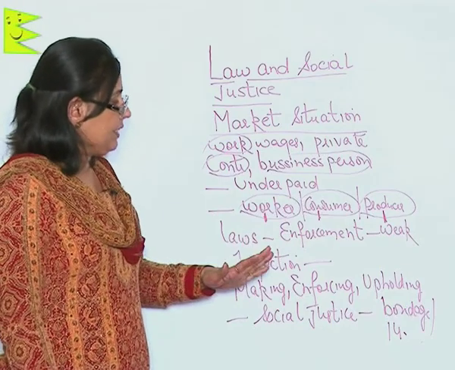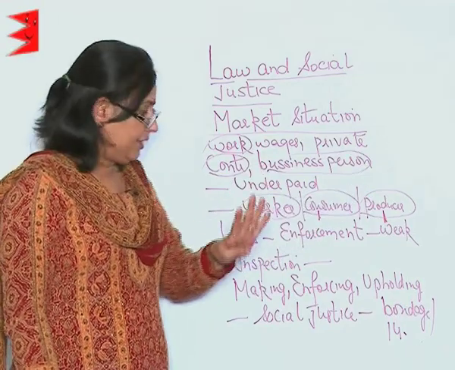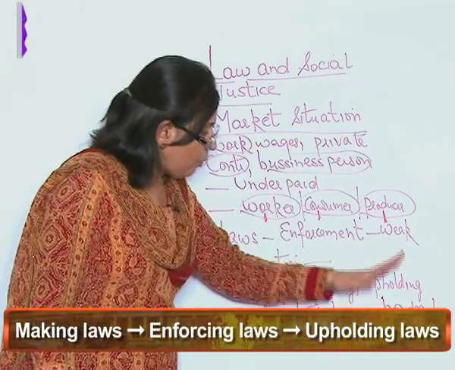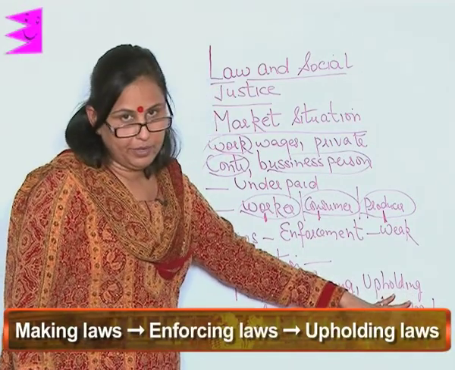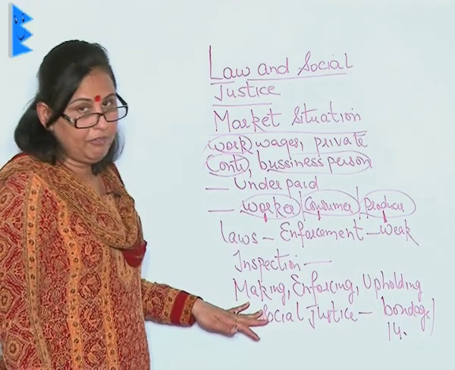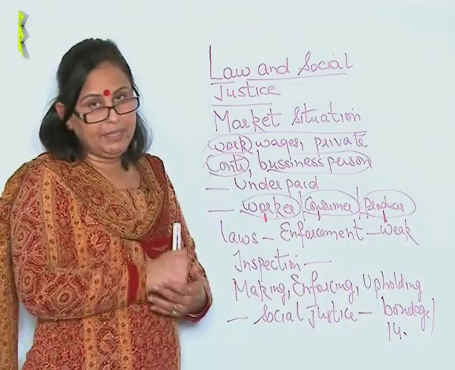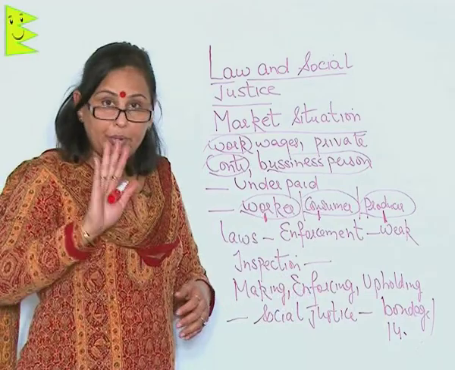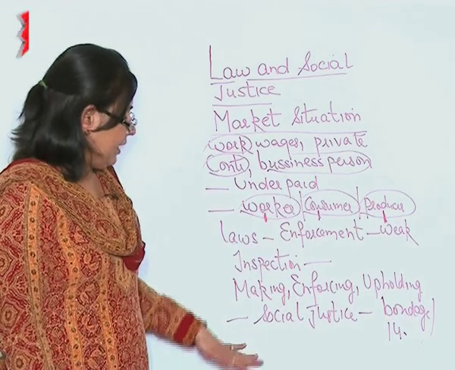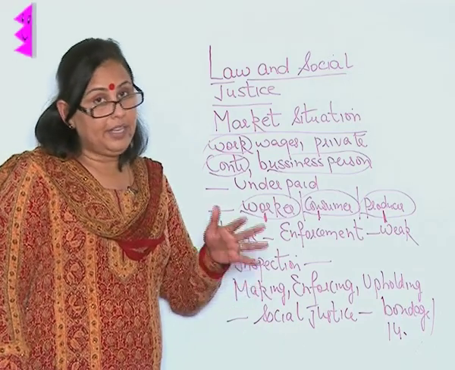Besides, you have to understand, as the worker, consumer, producer, these are the three tiers. So, making laws, enforcing laws and upholding laws is equally important. That is, you make the laws which are just and meant for protection. Enforcing, that is, the proper enforcement is done, and upholding, protecting it. If we are able to do this, then comes the right social justice in the country.